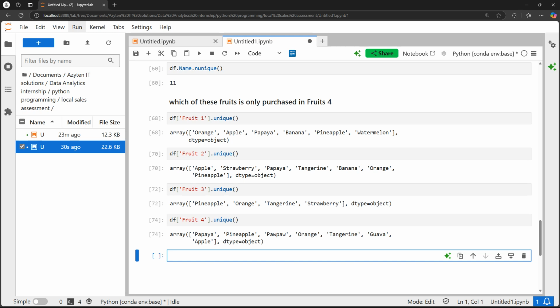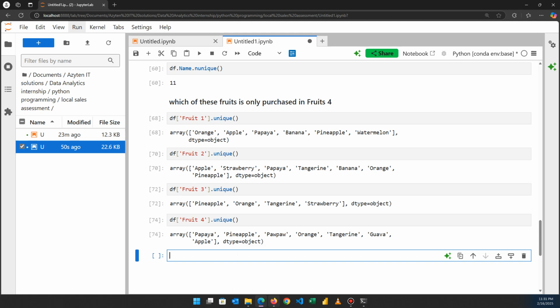Pawpaw, there's no pawpaw here, there's no pawpaw here, and there's no pawpaw here. Orange, we already have it here. Tangerine, we already have it here. Guava, you look at it, there's no guava here, there's no guava here, no guava here. So you can actually use your eyesight to check. So basically pawpaw and guava, which I think